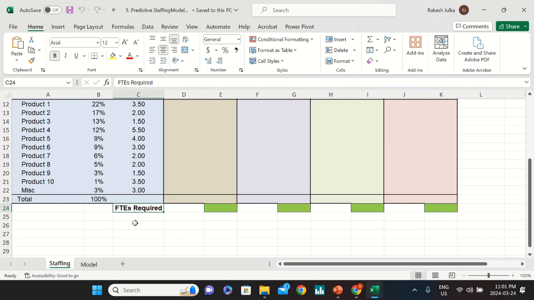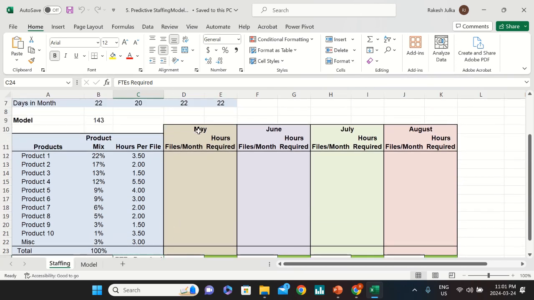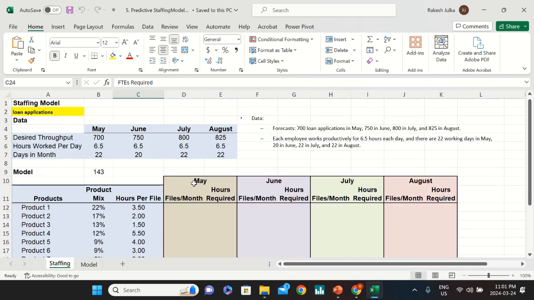What is FTE? It is the full-time employee requirement. So how many employees are required in the month of May, June, July, and August. So this is a predictive type of data. We want a prediction, meaning a forecast, right? How many employees will be required for completing all the file processes so that there should not be any problem for the client services. So data is available in the staffing model, and these files are related to